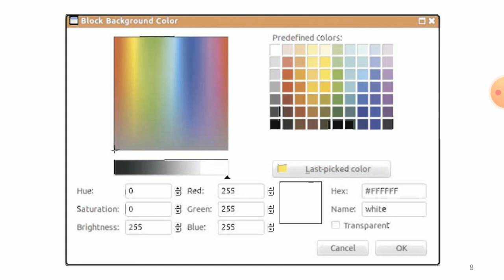The color combination code is a hexadecimal code, a hash sign followed by a 6-digit hexadecimal code. That is the color combinations in the Block Background Color dialog box.